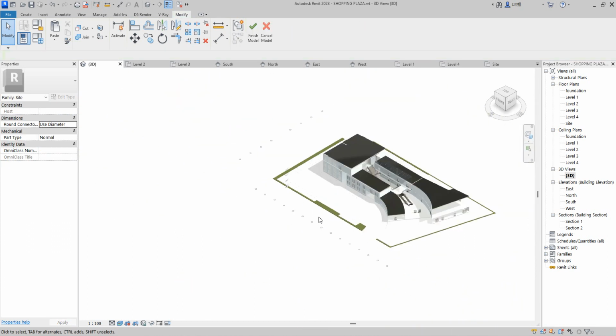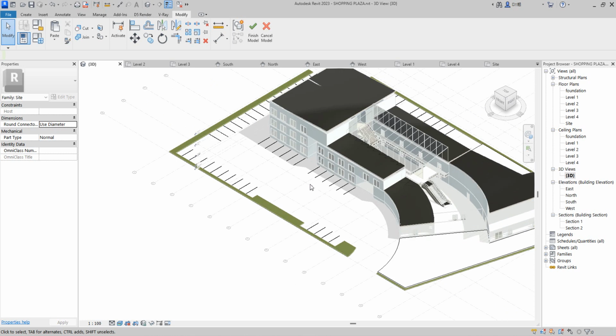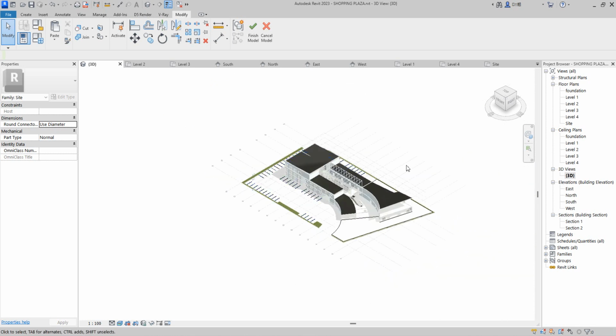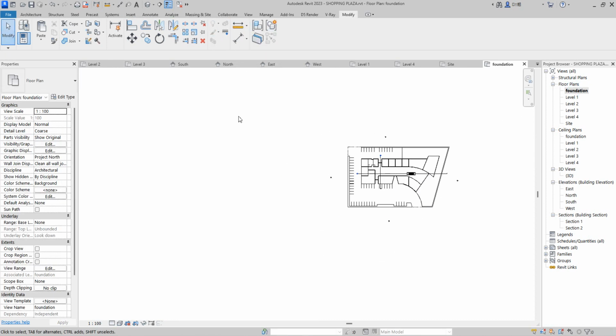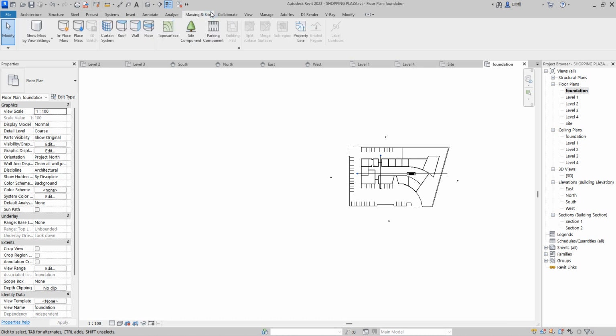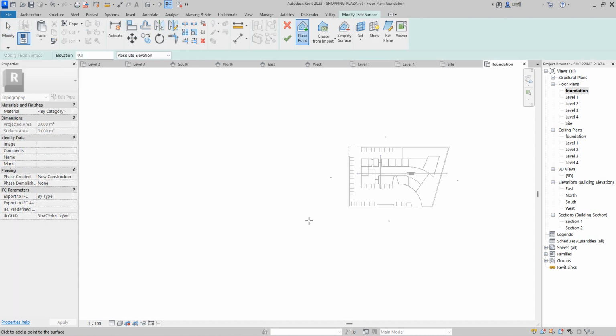Good. So just going to demonstrate what we have at this level. So now let us have normal land for this. So I'm going to click finish. I just want to use normal. So I'm going to go to massing and sites. Then I will use topo surface. So from the topo surface, I'm going to